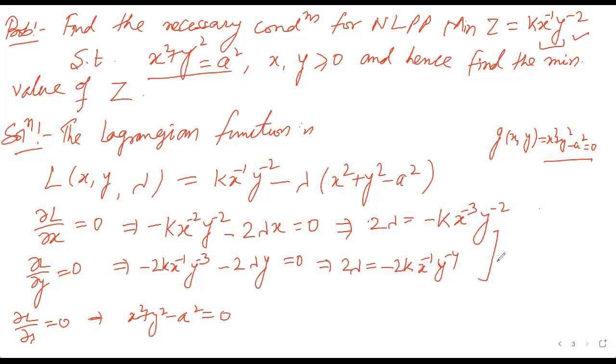I can equate it. So how will you be getting it, because both are 2 lambda, either divide or equate, so you got minus k x minus 3 y minus 2 is equal to minus 2k x inverse y minus 4. So here the minus sign also cancels, k is also cancelled out, so you got, now we take the x y terms to one side, so here x is what, here you have x minus 3, it is like this, 1 upon x cube y square is equal to 1 upon 2x y4. So from this, for one variable, if I cancel y square,